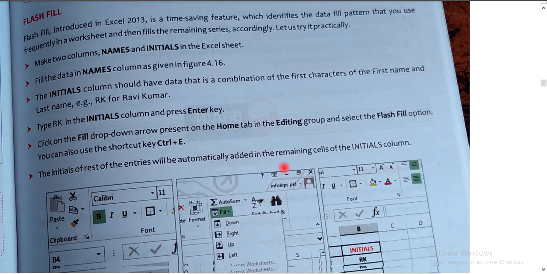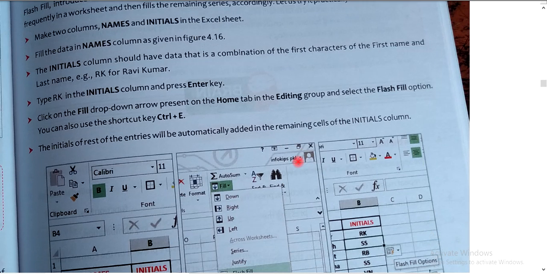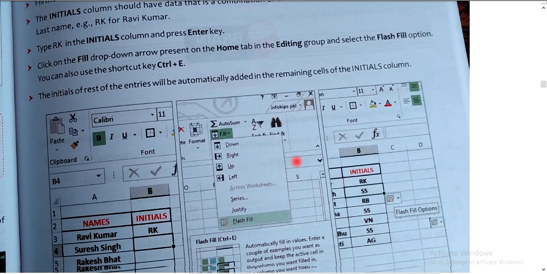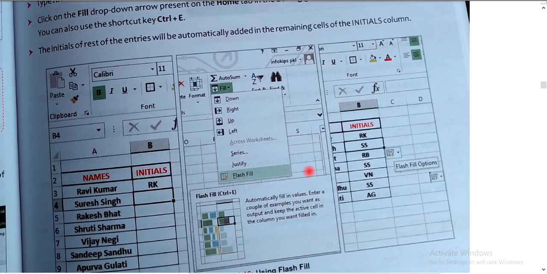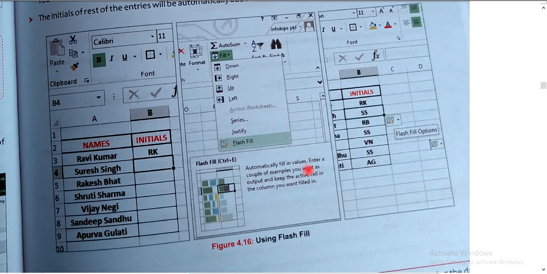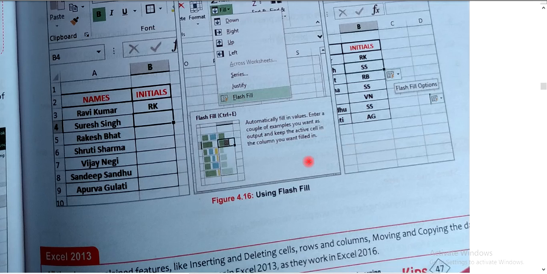Now the initials of the rest of the entries will be automatically added in the remaining cells of the Initials column. See here how this works. If you write Ravi Kumar as RK and Suresh Kumar as SK, then the other names will be filled automatically. That's called using flash fill.